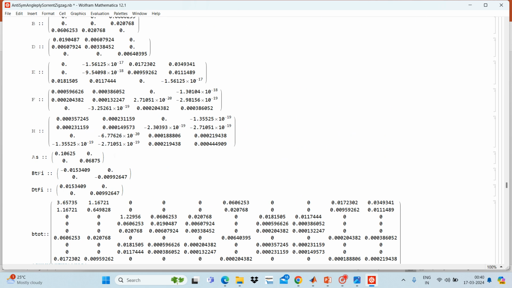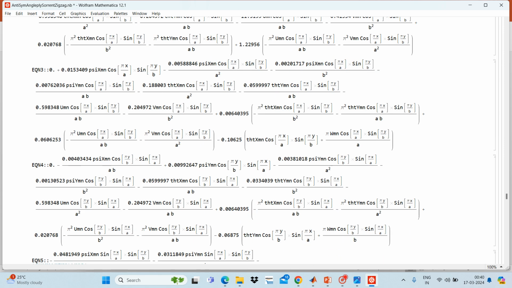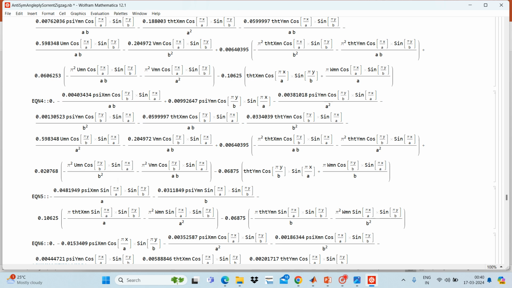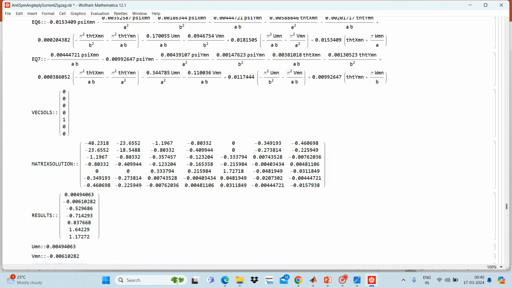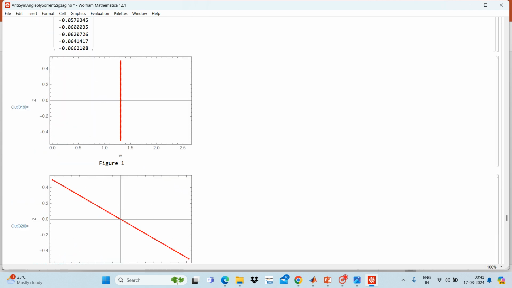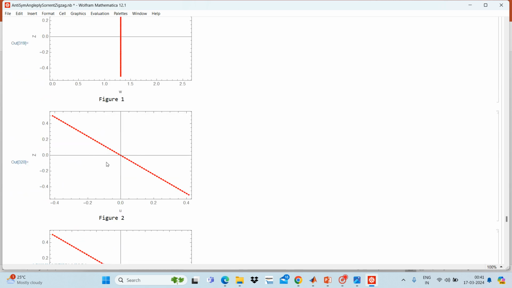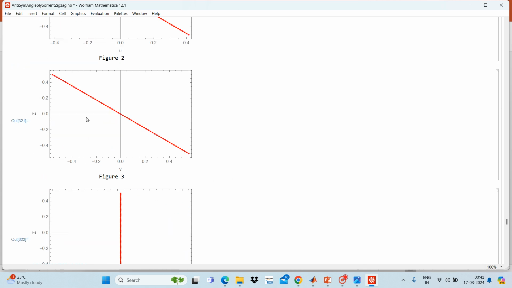So ABD matrix all we get, and it's anti-symmetry. So what we remember is that the stretching part would not be 0, means it would be non-zero, UMN and VMN. So let's see. Okay, we get this UMN and VMN as non-zero, so it's having some value. Okay, it's also having some value here because it's anti-symmetry, so therefore it is non-zero. And we can see the transverse displacements here, and it is in plane displacements U, in plane displacements V,